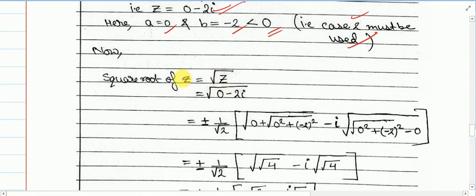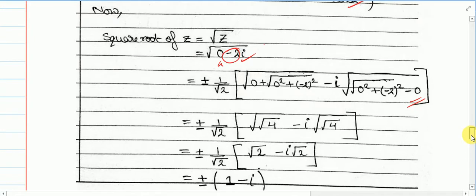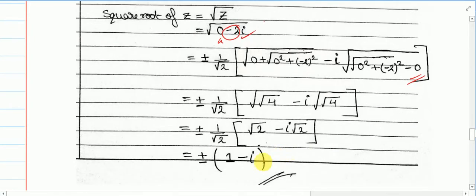Then the square root of z will be like this. Like when we say the square root of the square root of 4, how do we write it? Like this, yes or no? So when I'm saying the square root of z, I'll be writing it like this. Now I can write like this. This is my a. Here b is minus 2. So the case 2 formula is this. Okay, so substitute the values, simplify it, and at the end you'll get this.